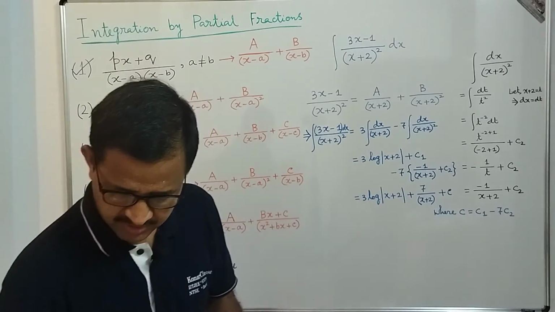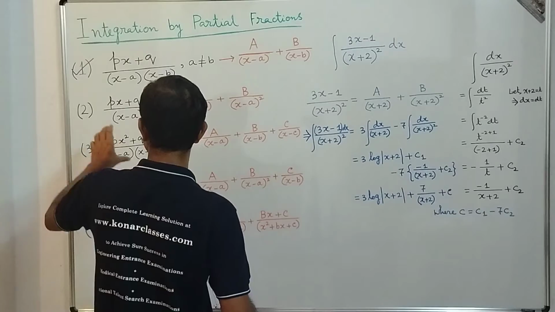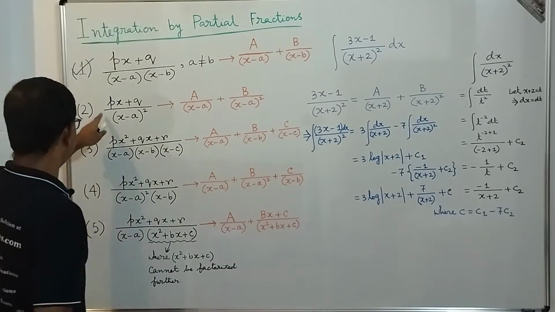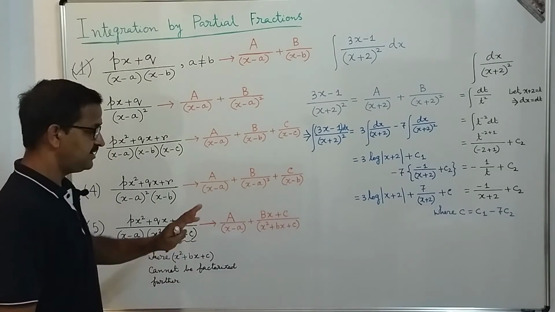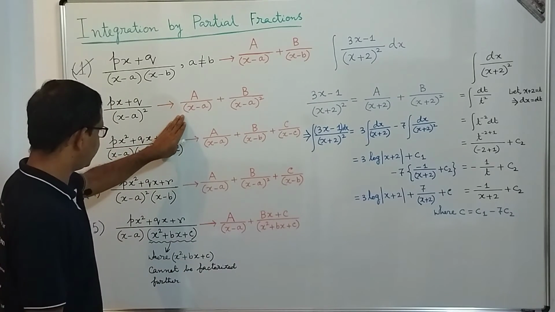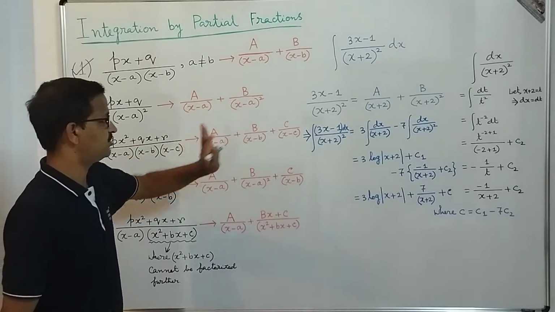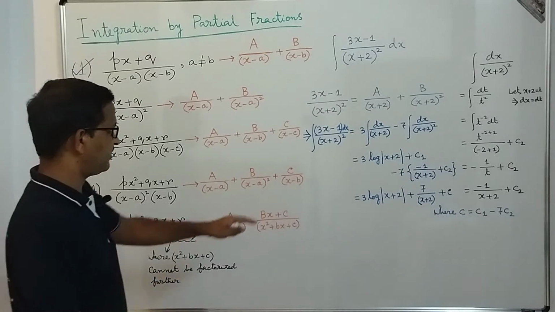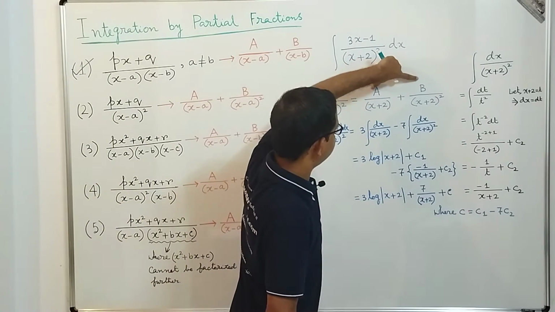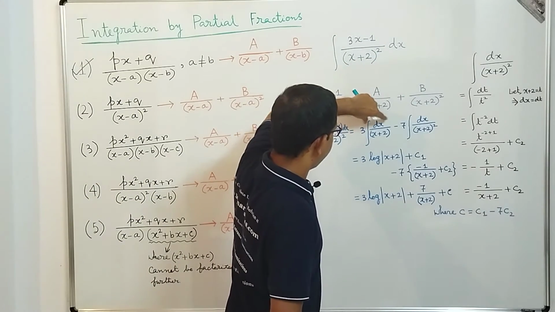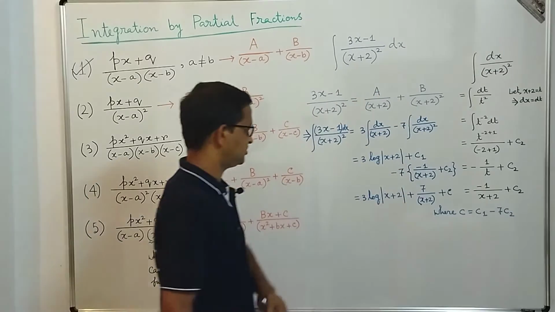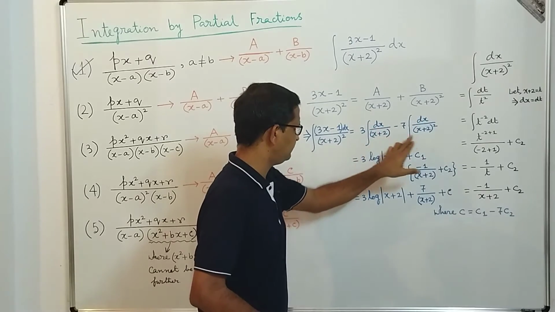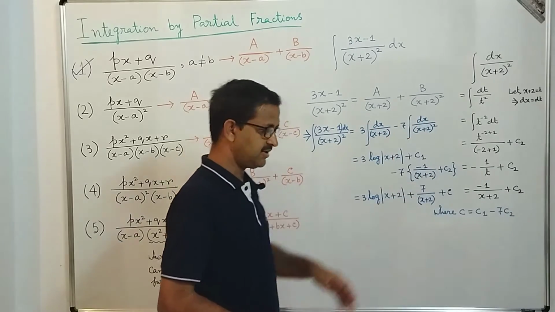I hope you got a very clear idea. So dear students, whenever you get a form of integration like this, (px plus q) by (x minus a) whole square, your target should be to write A by (x minus a) plus B by (x minus a) whole square, the way we have done it here. First you find the values of the real constants capital A and capital B. After that we apply those values and perform the integration, because performing integration of this type is very easy. That's why we have done it in this manner.